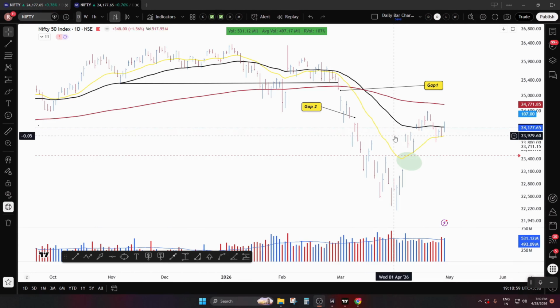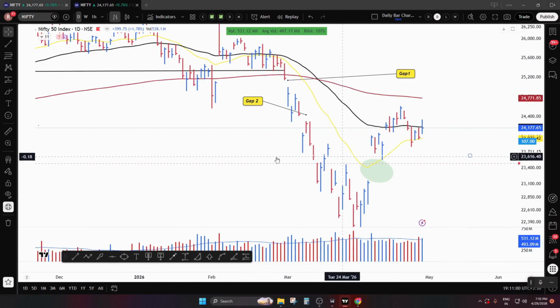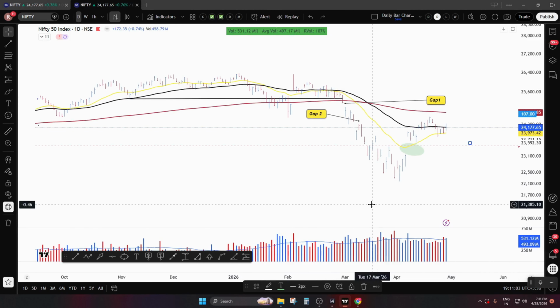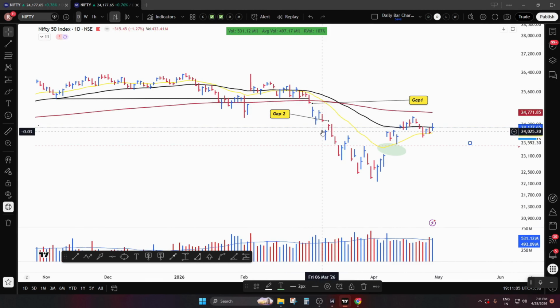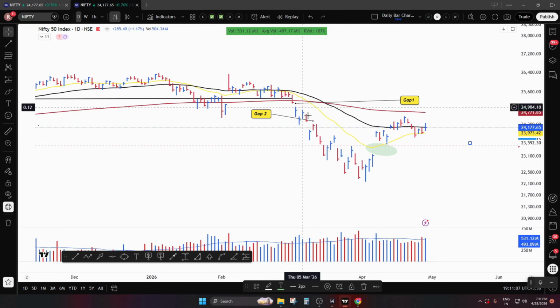So yeah, let me open the Nifty chart. So this is the Nifty chart. Now if you see here, in the month of March Nifty was in a complete downtrend. So I was waiting for consolidation. Consolidation in the sense that I don't want any fresh low to happen. I was waiting for the fresh lows to stop. If you see, on March 30th I think we stopped making fresh lows, and then Nifty formed a complete sideways range, and this is what I was expecting to happen, so that I can start building my positions.